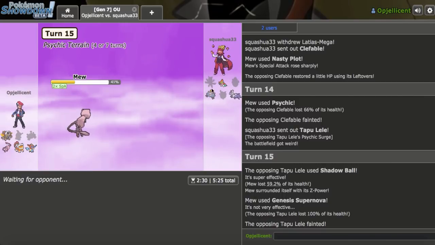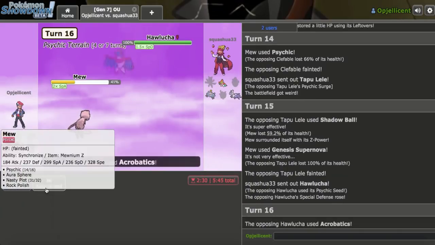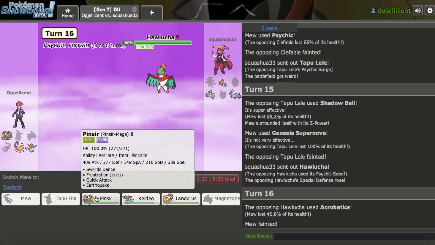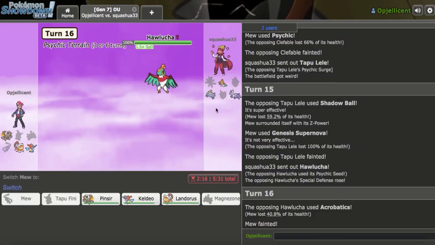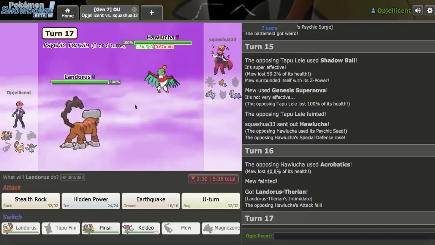So Magnezone can probably come in here and knock me out. Unfortunately, I can't reverse this terrain anymore, which is kind of bad. He'll be knocking me out here. 100%. Now what my play is to do is, I mean, I kind of need Lando alive. But at the same time, what I can do is, do I go Pinsir first, or do I go Lando first? Because I kind of need Lando to not lose to Scarf Mag. I don't know. Because I kind of want the helmet chip off first, so...